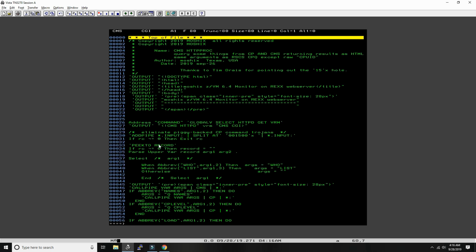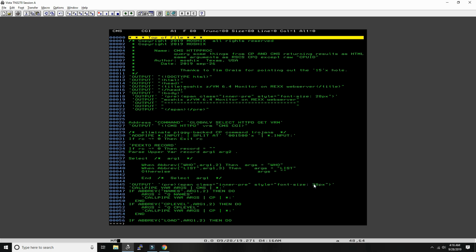And so I'm separating here in the script. We could also do it differently a little bit. We could do a select, and then otherwise, if it's not any CMS commands, then they have to be CP, and then we could do a function here. But I separated it this way. I mean, maybe not the most elegant way to do it, but it works. Then we set, if it's output that comes from CP,